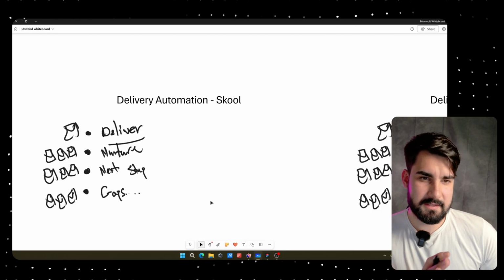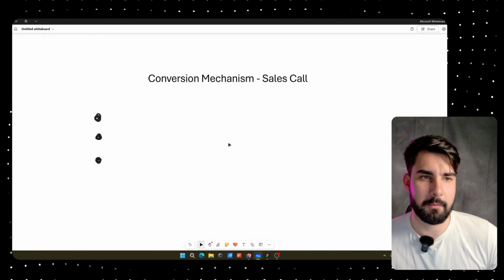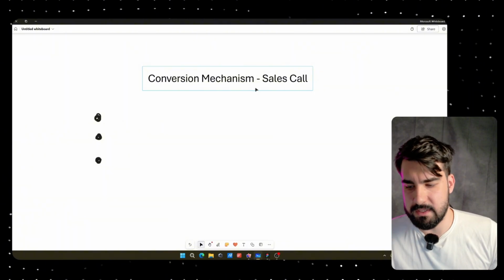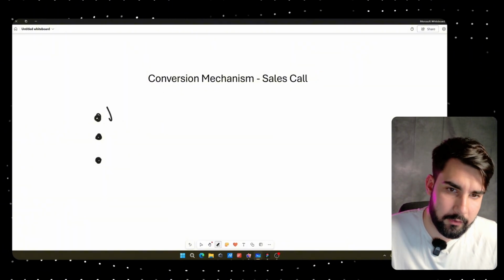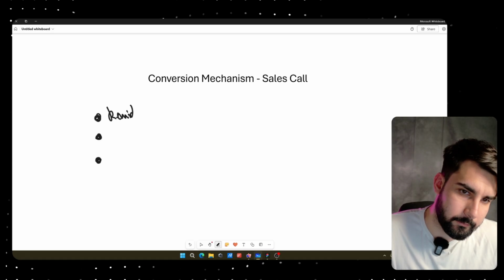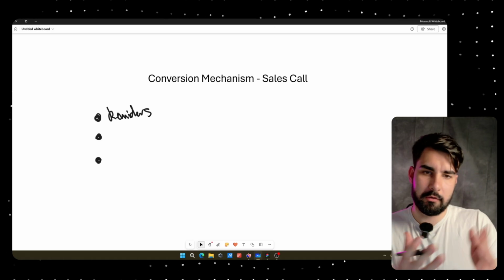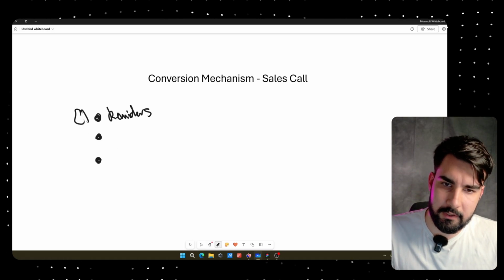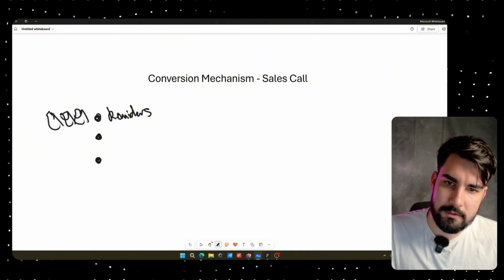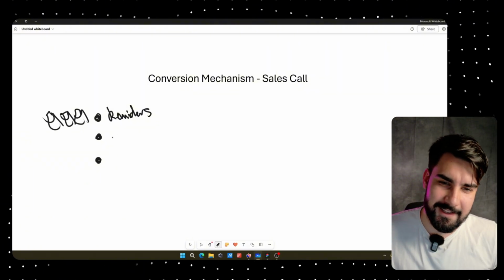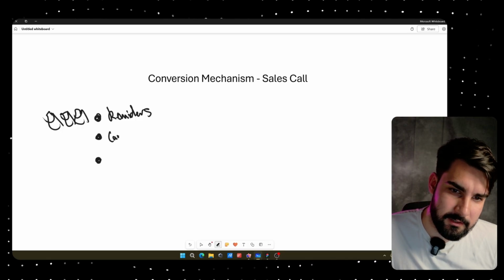So that's for lead magnets. Let's move to your conversion mechanisms. For example, it would be the sales call. So what is required? First of all, we have reminders. Right, you have to build the reminders, you have to send the reminders, and if people don't show up to your sales calls, well, it's bad. Second of all is the canceled,